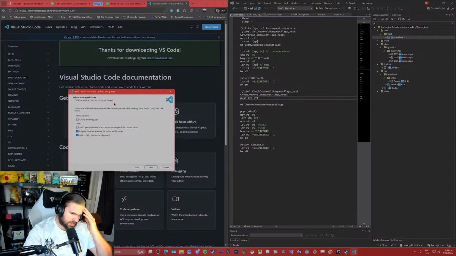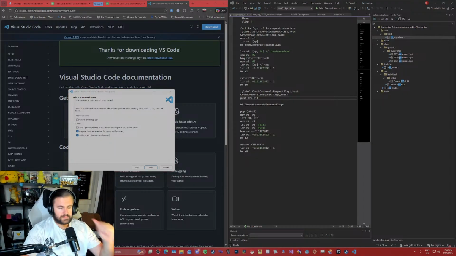Add "Open with Code" action to Windows Explorer file context menu. Register Code as an editor for supported file types. Add to PATH, requires shell restart. Which one's most? But I tick. Keep as is.